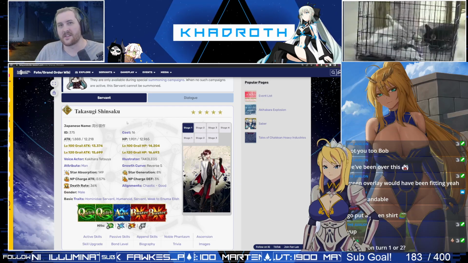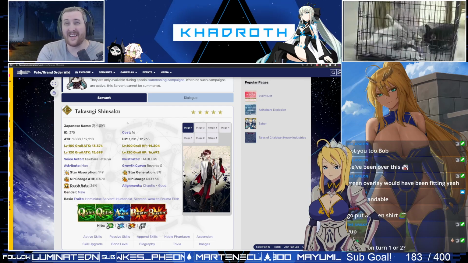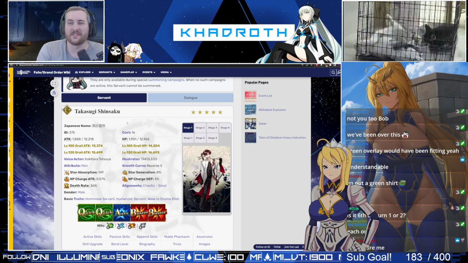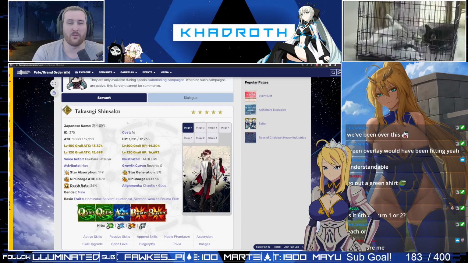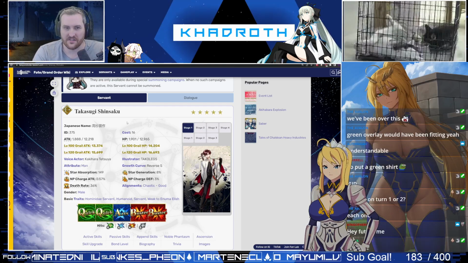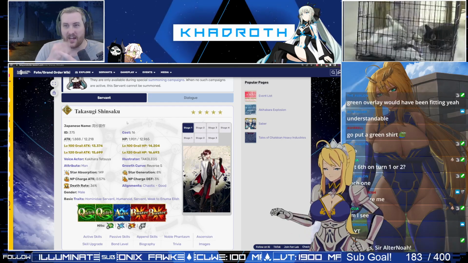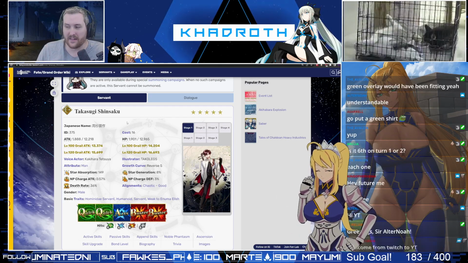So, Takasugi is our new AoE 5-star quick limited archer on JP. He's yet another in a wave of AoE archers. It's really interesting to me because I've seen a lot of people getting really critical about that aspect here lately,